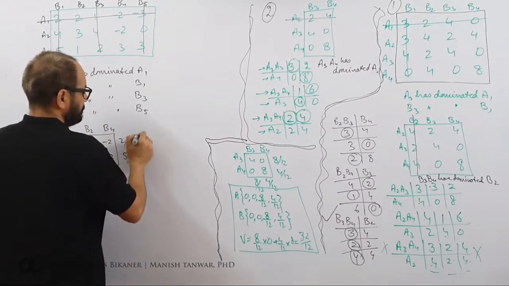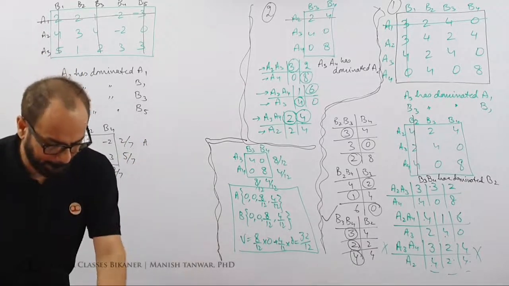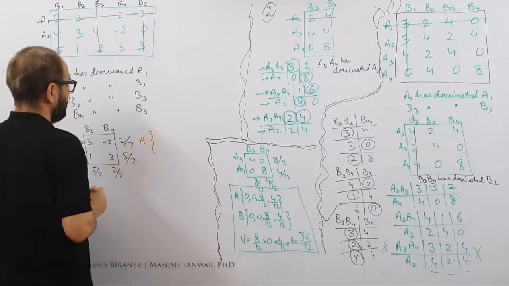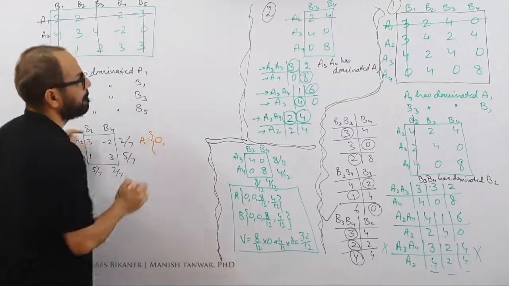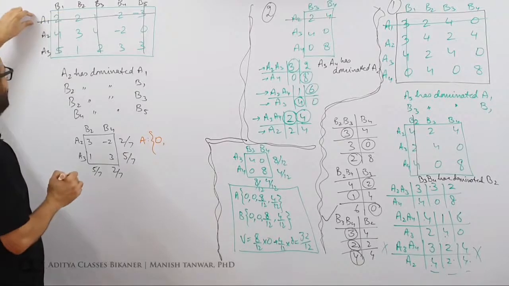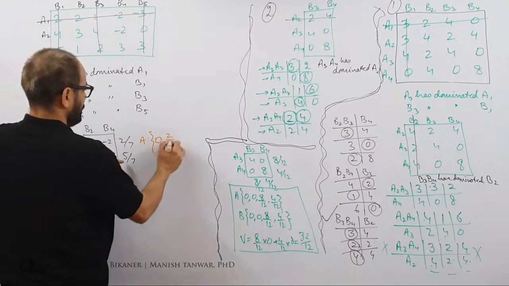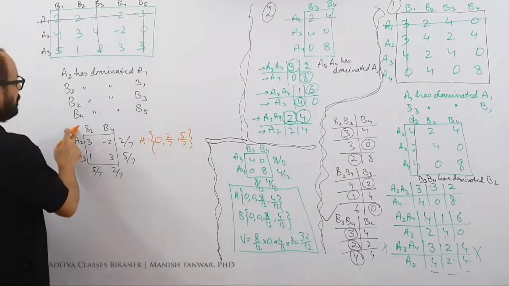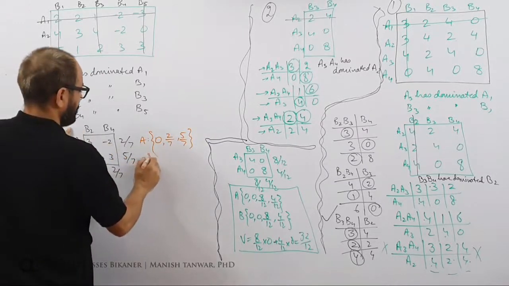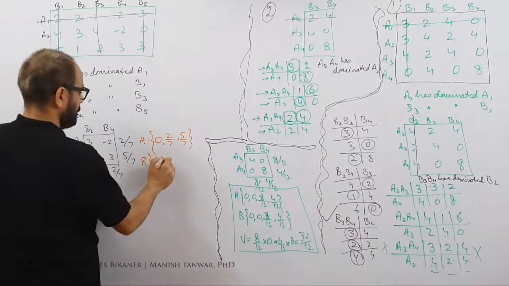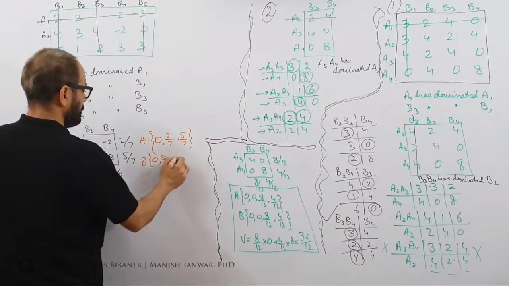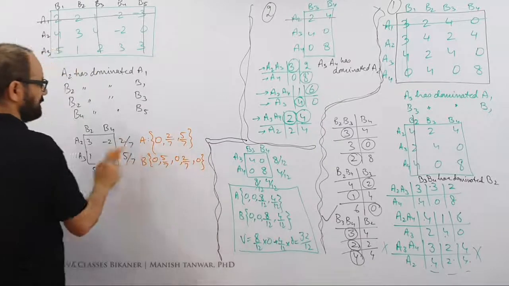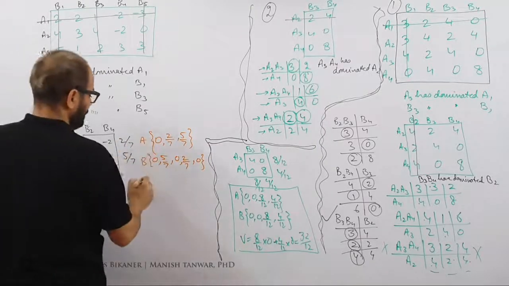What about strategy for A? I'll use some other color. What will be strategy for A? A1 is gone. We had a game of 3 by 5. A1 is gone. A2, A3. A2, A3 is this strategy: 2 by 7 and 5 by 7. As far as B is concerned, 1 is gone. B2 is 5 by 7. 3 is again gone. 4 is 2 by 7. 5 is again gone. So I have strategy for A, I have strategy for B, and finally I can have